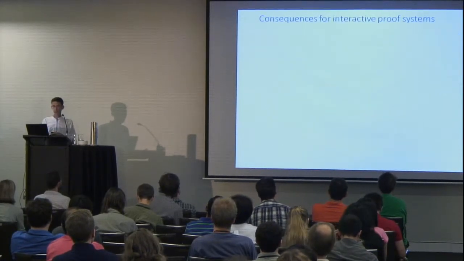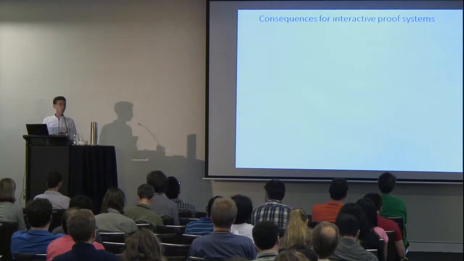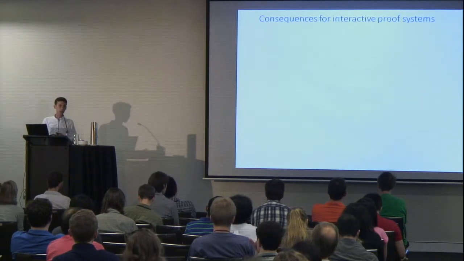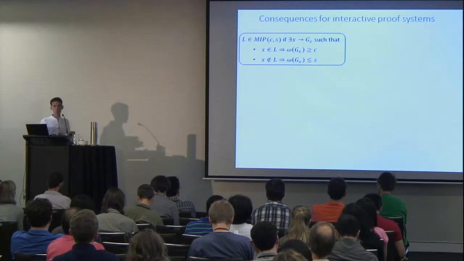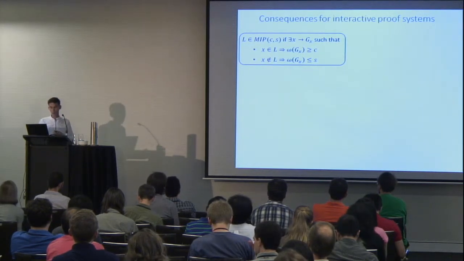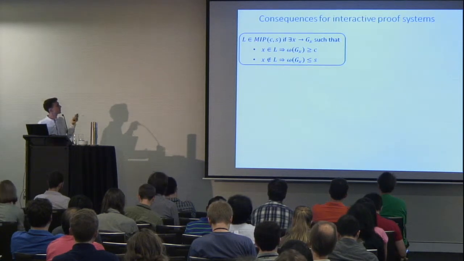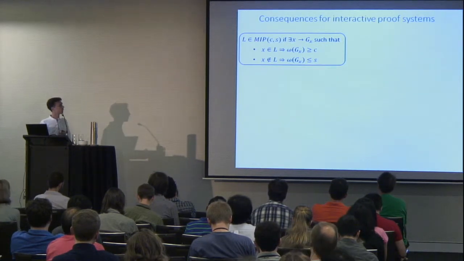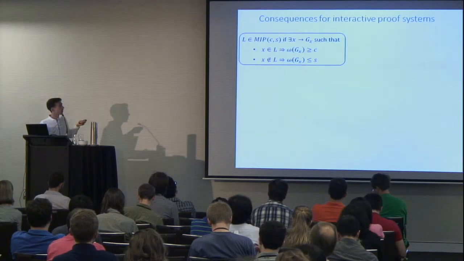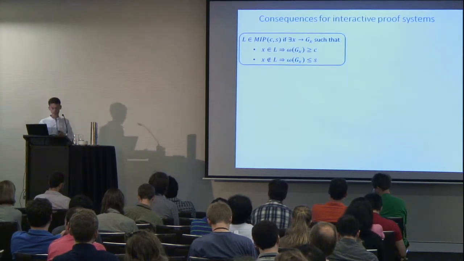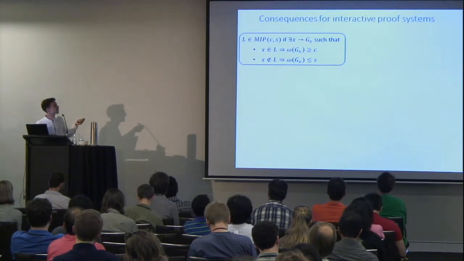And finally, in the last 2 minutes, I want to give just a reformulation of our results in the language of multiprover interactive proof systems. So this is more for the experts, but I have to define a couple of complexity classes. So the class MIP is the class of languages that have the following properties. There exists an efficient transformation from